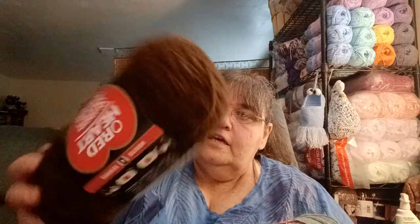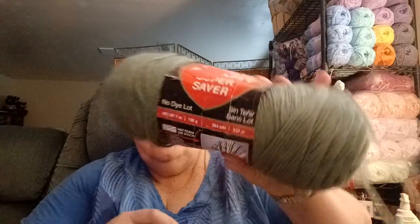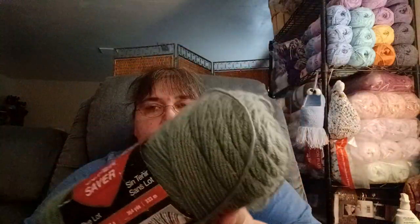This is called Coffee or Cafe. And this is pretty much the same specs. This one is called Light Sage. Pretty much the same specs on that. I have in here